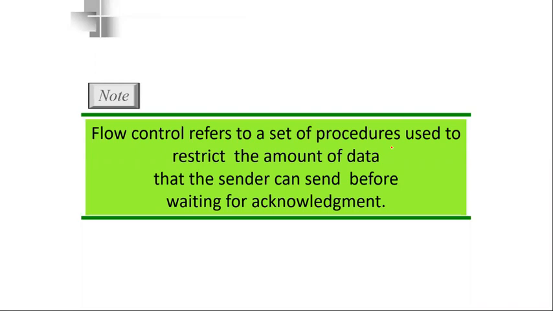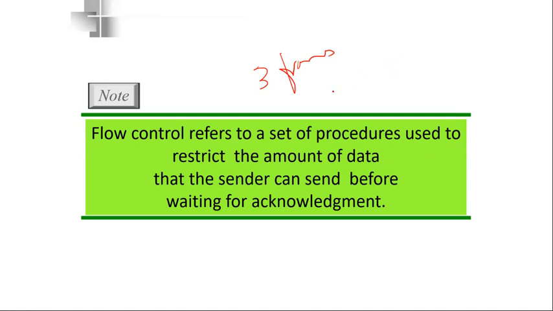So whenever we are talking about flow control, it coordinates the amount of data that can be sent. Every time the sender is sending data, the receiver needs to acknowledge the data. So here the sender knows how much data should be sent before it receives an acknowledgement. Suppose it is sending 3 frames, the sender will know that after 2 frames it should receive an acknowledgement. So it will send 2 frames and wait for an acknowledgement. If it does not receive one, then either it may send the frames again, or it may wait for some amount of time.